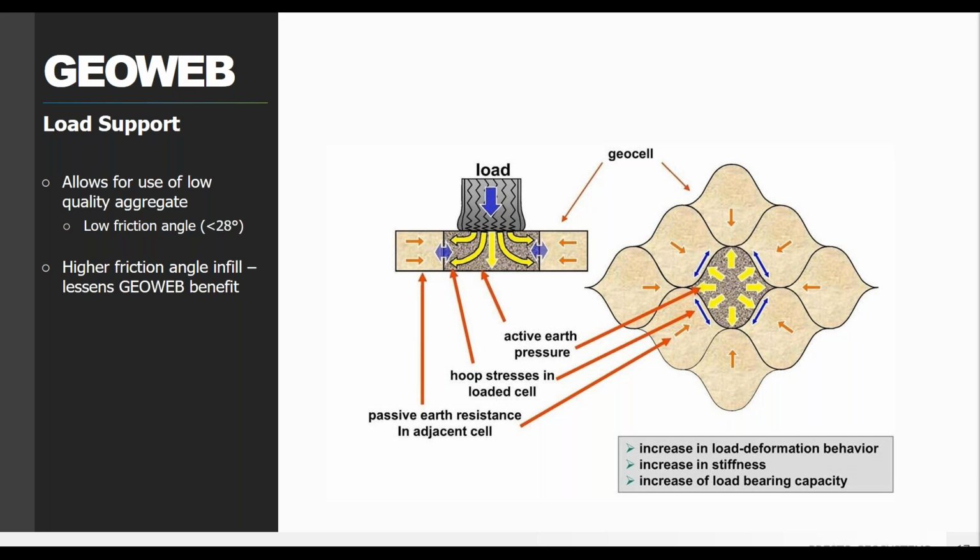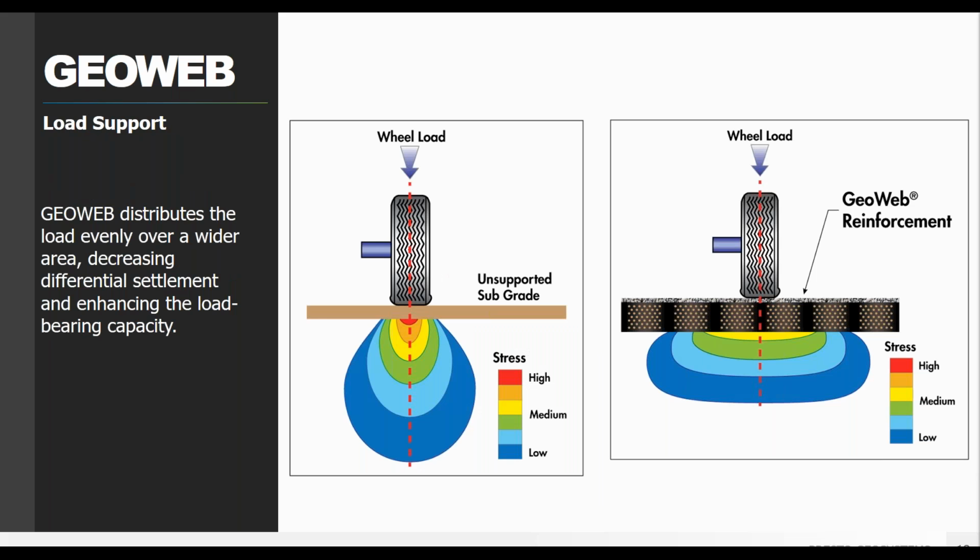And it's really helpful in these environments where you have the potential for water overtopping. Potentially you have a bit of a soft soil environment, that sort of thing. And so you can see here the stresses on the subgrade for the unsupported subgrade on the left and the GeoWeb reinforced subgrade on the right. And notice how there's a complete elimination of the highest stresses with the GeoWeb system. So that red and orange section completely gone. And the stresses are going to be distributed over a wider area. And so that's what we call the mattress effect.